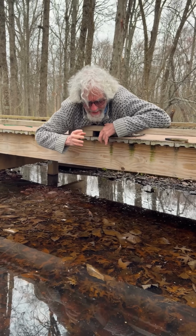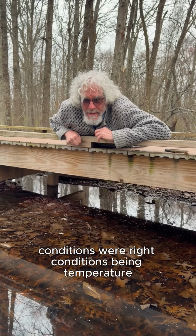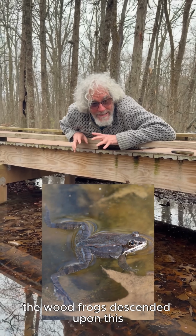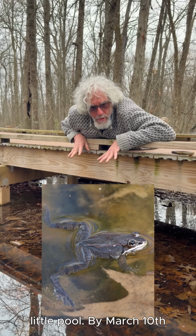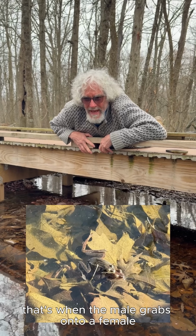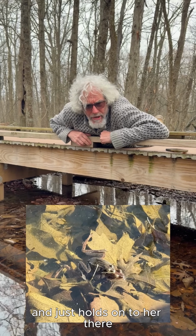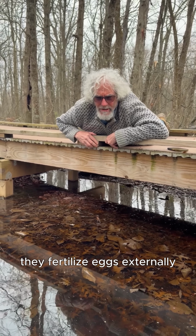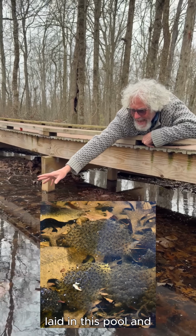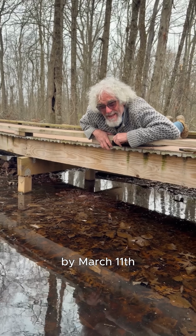So on the magic day of March 9th, conditions were right, conditions being temperature, a thaw had been underway. The wood frogs descended upon this little pool. By March 10th, they were in amplexus. That's when the male grabs on to a female and just holds on to her. They fertilize eggs externally. There were several clumps of wood frog eggs laid in this pool, and by March 11th,